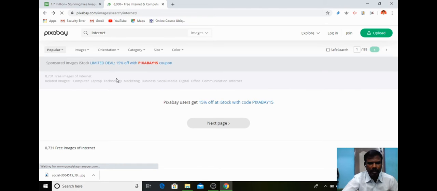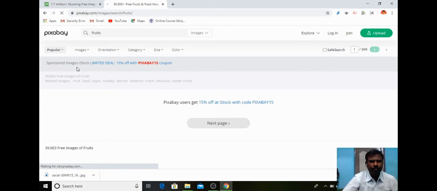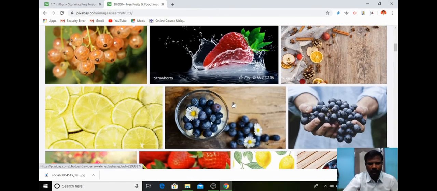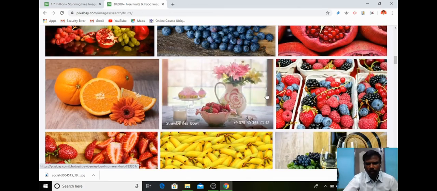If I need images for flowers or fruits, I can type fruits or flowers. You can see a variety of high quality pictures are available. So from that I can download any one of the pictures.